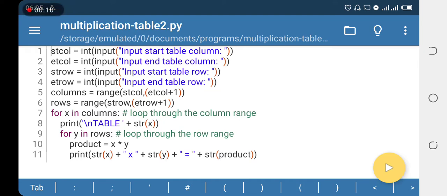In this video, I will be explaining how to create a multiplication table that accepts user input, and that's with Python. A quick one. Let's start from line 1 of the program that is displayed on your screen. Line 1 accepts the starting point, that is the starting number